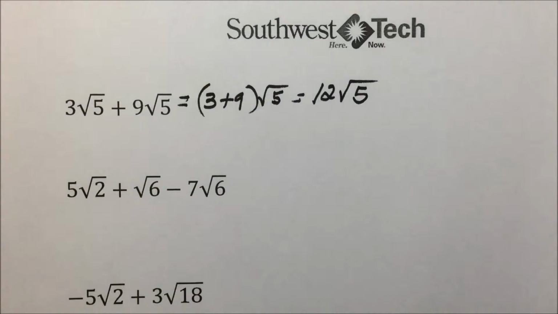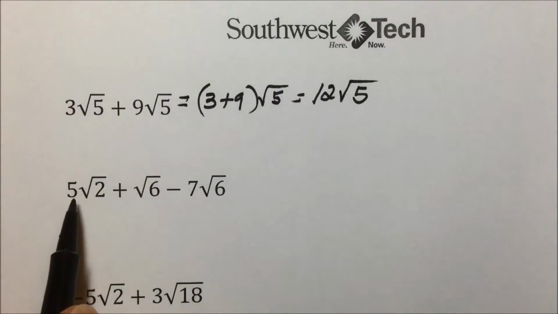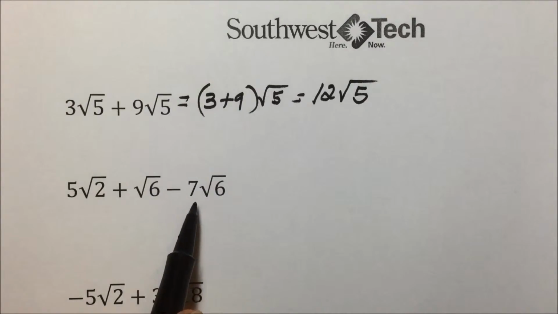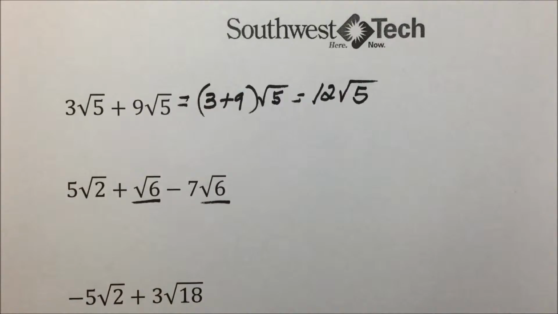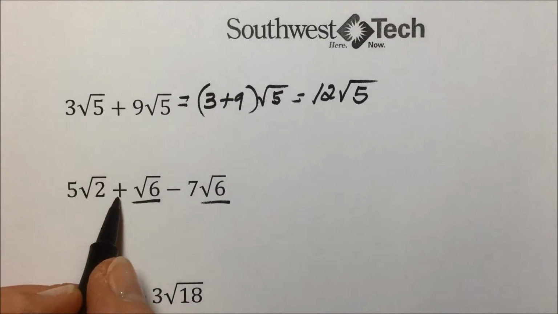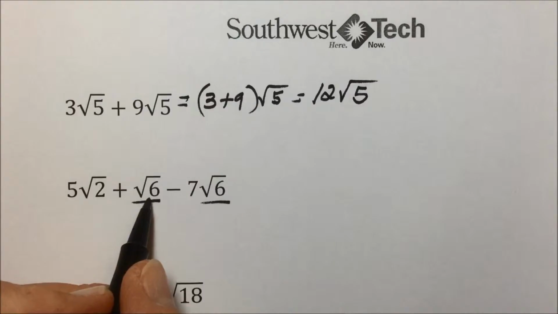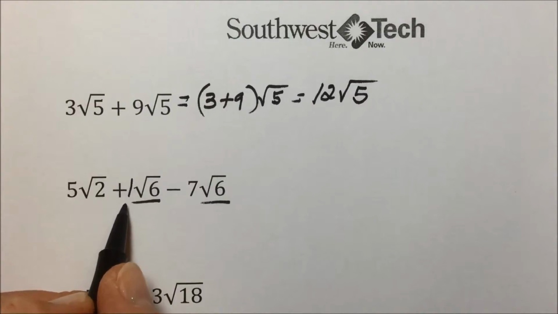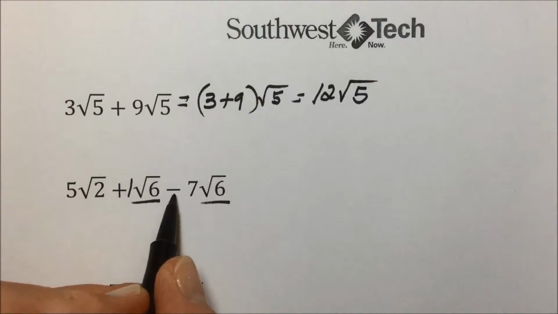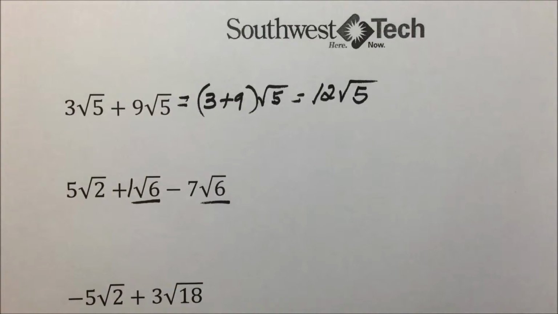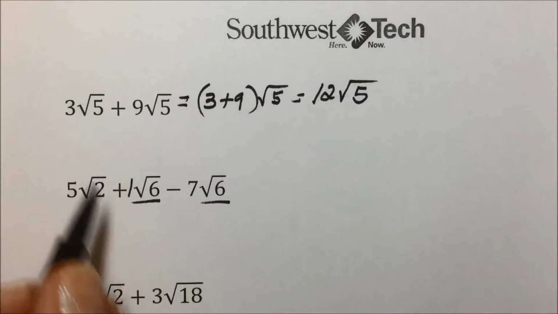We can only simplify like radicals by combining them, and in this next example, although they all have the same index, only the second and third term have the same radicand, making them the like or similar radicals. Those are the ones we can combine then. The coefficient on this first square root of 6 is an implied 1. We have a 1 minus 7, which will give us a minus 6 square root of 6,